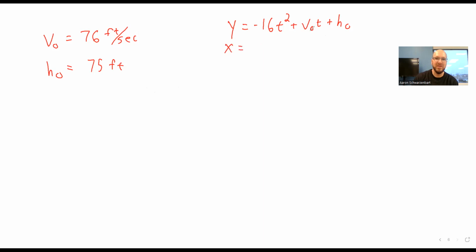We then know that V0, I should say this is V0 in the y direction. So it's the velocity component, or the y component of the velocity vector, and this is the x component. So here's my parametric equations. So this particular one is launched straight up, which means V0x equals 0. So my particular parametric equations are